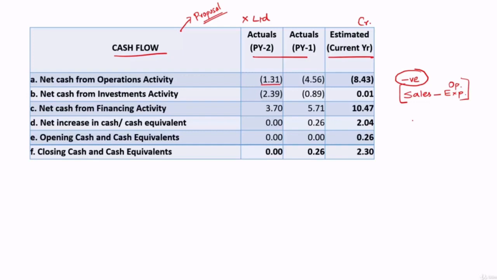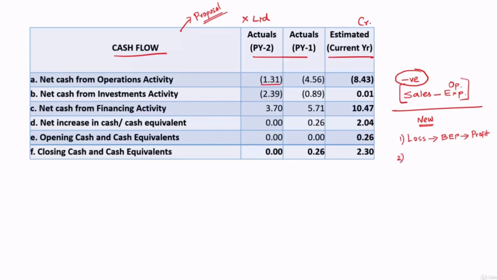They have actually used cash in their operations. They are running a business. The very objective of running a business is to make money. But when they look back at the operations, they have not made positive cash. They have made negative cash. And it is bound to happen, especially in new companies, because in the initial stages they'll be suffering losses, then they will reach their break-even point, and only after that they'll start making profits. So those companies will be having negative cash flows from operations, number one.